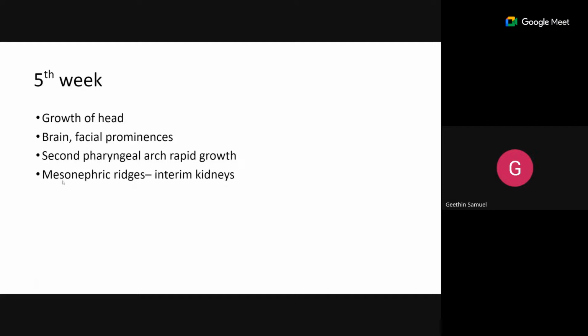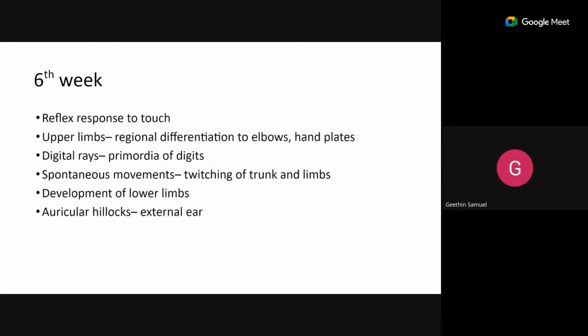So this is the mesonephric ridge, called the interim kidney, which functions for a small period. And in the 6th week,